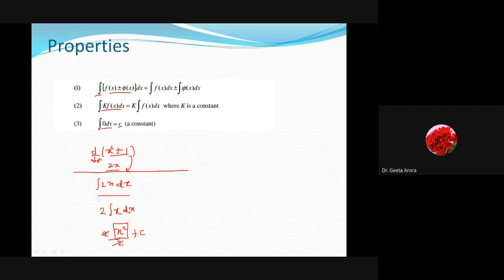Correct? So this is what we are saying, that the integral of 0 dx is c, because there was nothing. We are getting only 2x. We are not writing out 0 actually. But if it is assumed that every time we have a 0 dx, then we are getting a constant c, so that we can say that c can be any constant.